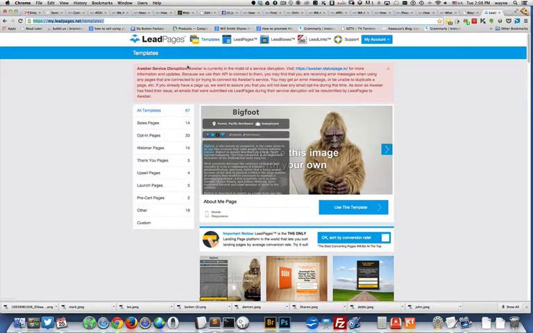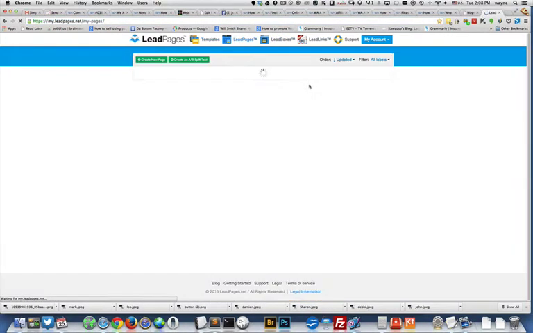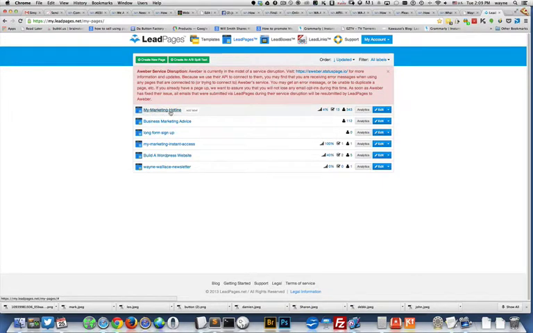So here's leadpages.net, and at the top you have various options. You have the templates page, you have Lead Pages, you have Lead Boxes, and you have Lead Links. Lead Links is a new thing they just came out with. I haven't used those yet, but apparently you can put just a link in, and I'm not really sure exactly what the benefit of Lead Links is, but one day I'll get in there and check it out. So Lead Pages, this is one that I've used. And if you go here to My Marketing Hotline and edit this one,